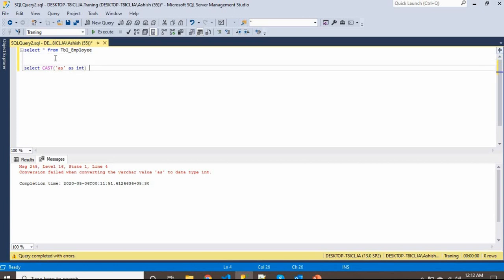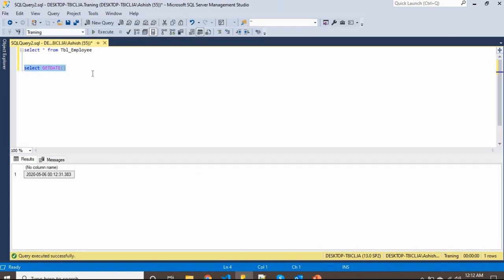You can use cast to convert into date also. We have a function called GETDATE. Just select it and press Ctrl+E.